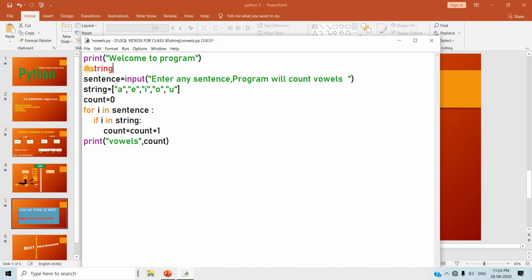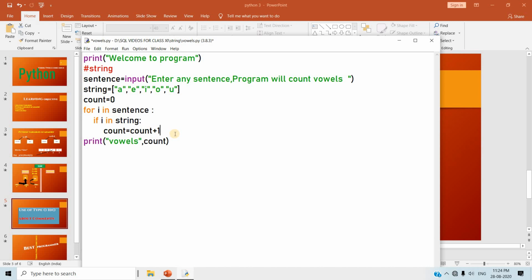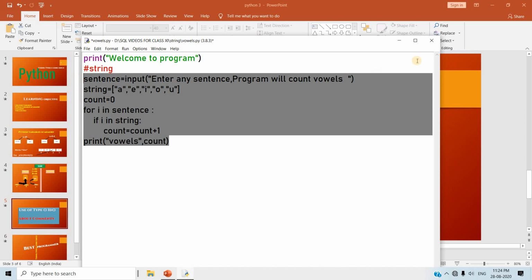When we are talking about big projects, it is difficult to remember each and everything. Here you are seeing just 5 to 6 lines of code, but once you create a real project, you will find more than 2 lakh or 1 lakh lines of code. So it is difficult to remember each and everything. That is why comments are to be used.